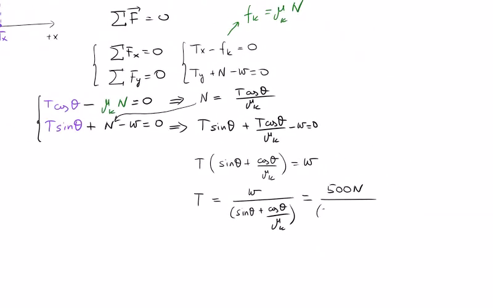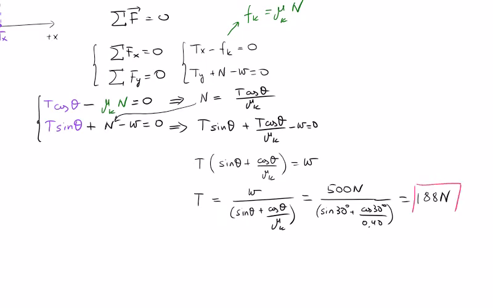Okay, so we have sine 30 plus cosine 30 divided by 0.40, equals about 188 newtons